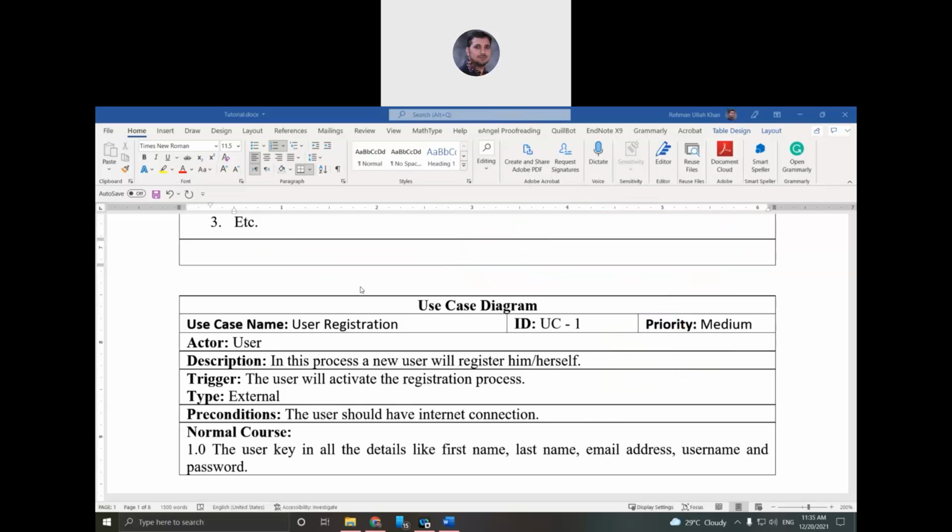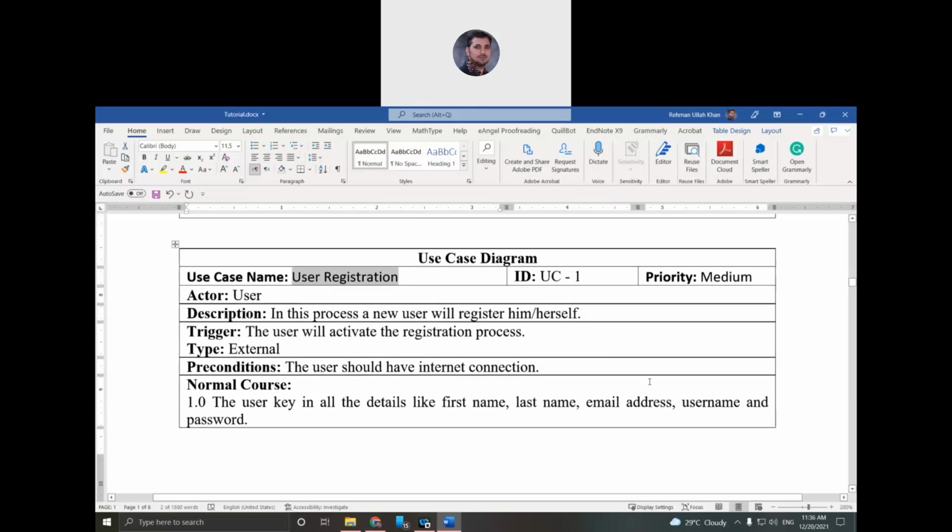Okay, so the first use case diagram is like this: I selected user registration, meaning that when any user downloads the app, the first activity is registration.